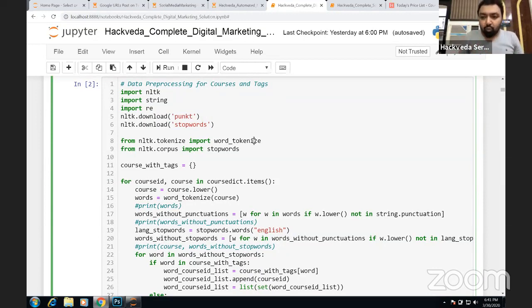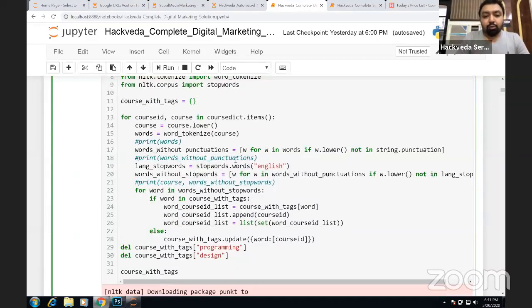So there will be 4 words which will be tokenized using word tokenize. And now we have also used stop words. So in case with is a stop word, we want to remove with. So now we will be left with 3 words like machine learning and Python, and with will be removed using the stop words.